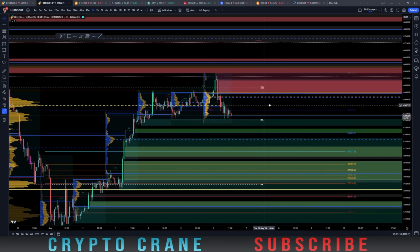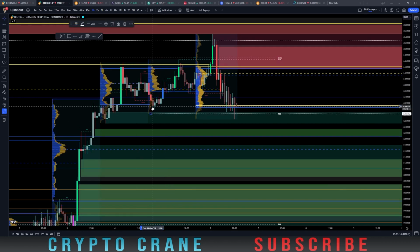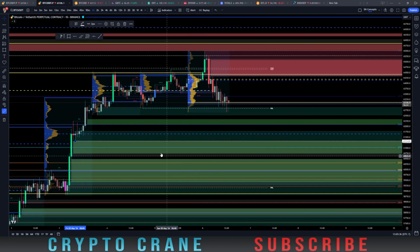But if you do look at where we are on the price chart right now, we did sweep liquidity to the downside. If you just were to take this low right here, swept that, got back above our weekly and daily value area low, so we could see this act as the low coming in here for Bitcoin. But once again, we have liquidity down at this low as well as a fair value gap, so could come down and grab that, as well as this low here coming down into that golden pocket,